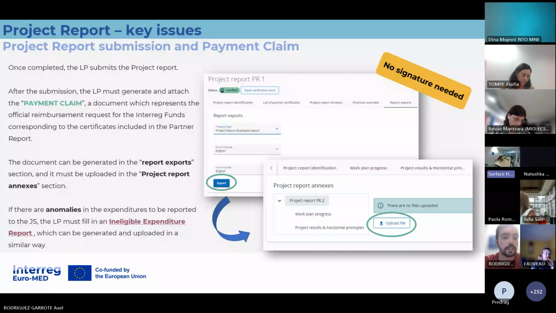For that, we have created what we call the ineligible expenditure report. In the future, it will be included in the report exports like the payment claim, but at the moment this option is not available, so the lead partner can ask us for this document. Here, my colleague Zsofia is going to explain this report to you.